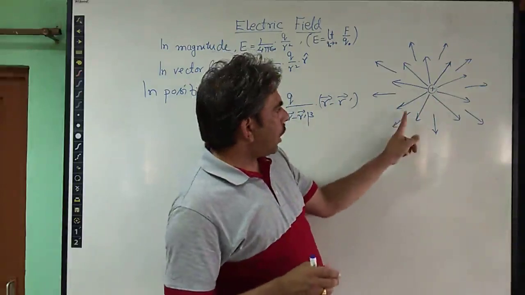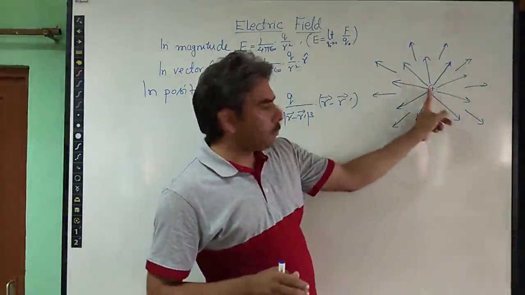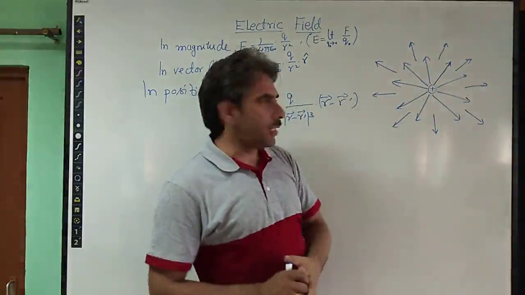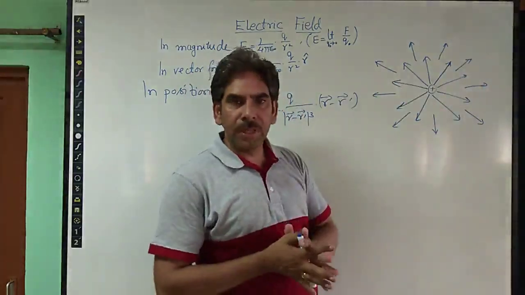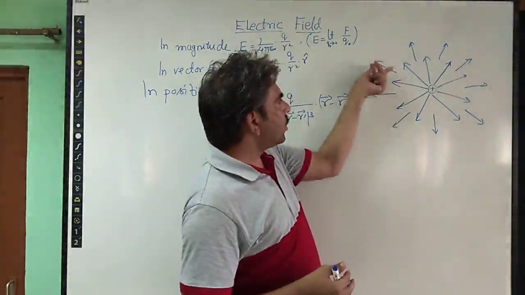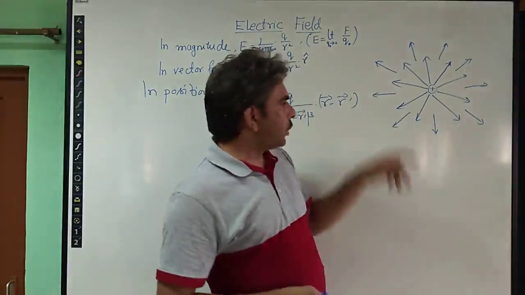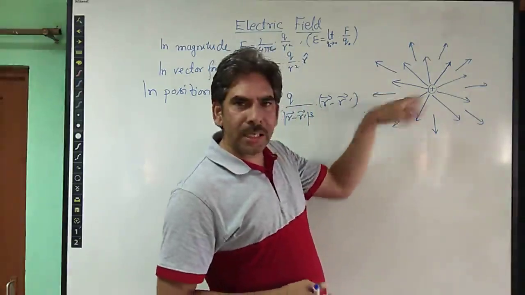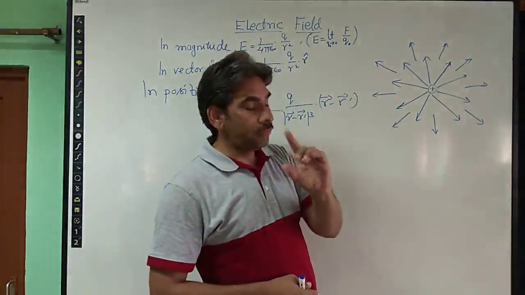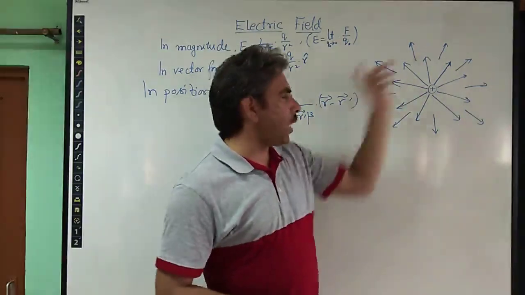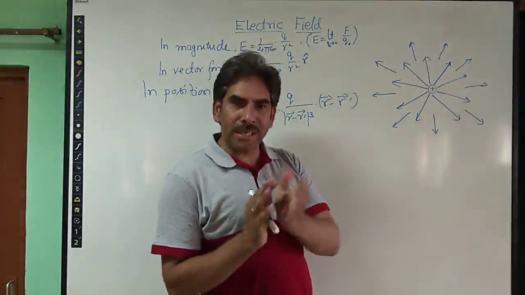And also at points away from the positive charge, these are the points which are at a comparatively longer distance from the charge. At this point, the length of the arrow is short, or we can say the length is reduced. So we can say that the reduced length is representing the weak electric field of the positive charge at these points. So this is how we understand the magnitude.